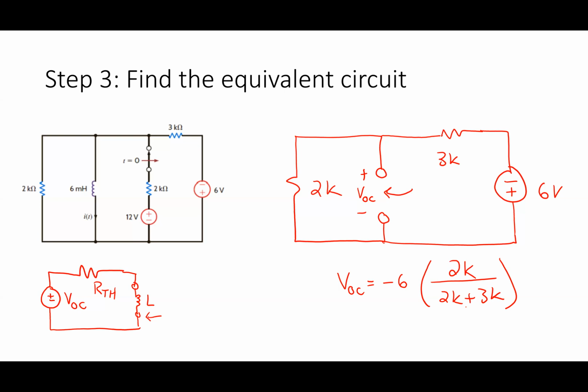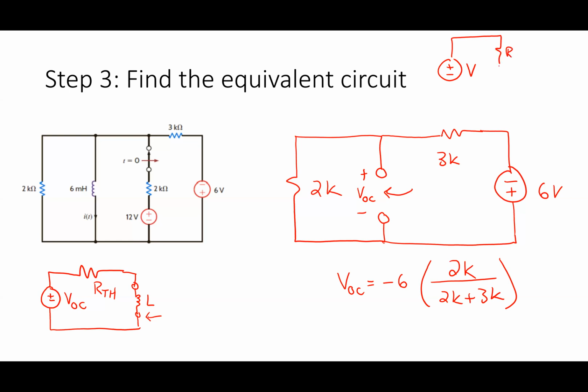Isn't it negative 6 because the loop is going this way? It's negative 6 because this is a negative 6-volt source, right? And you're right, because of the way the currents would be flowing. Like if I did this slowly, the way that you should have learned,